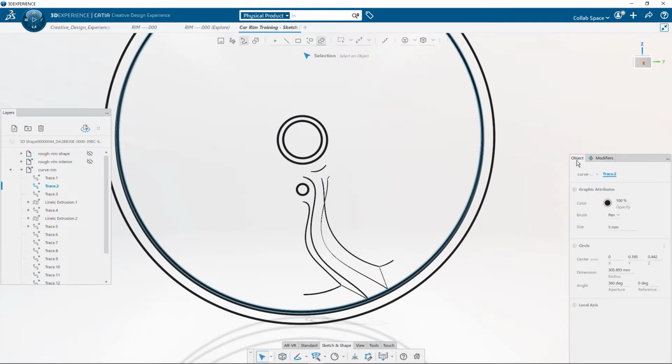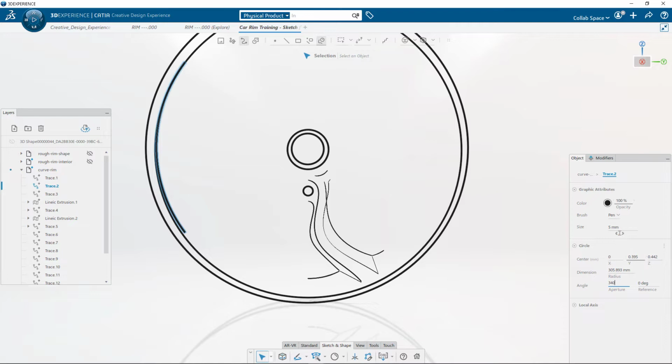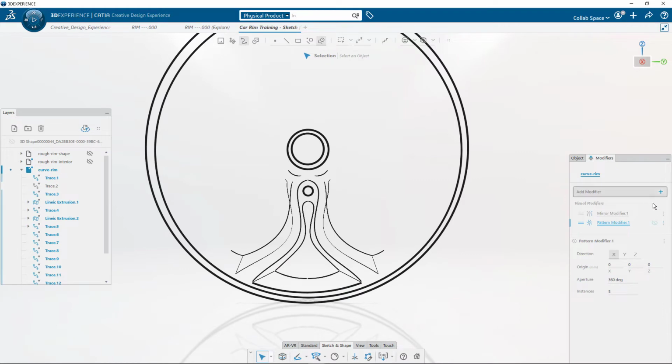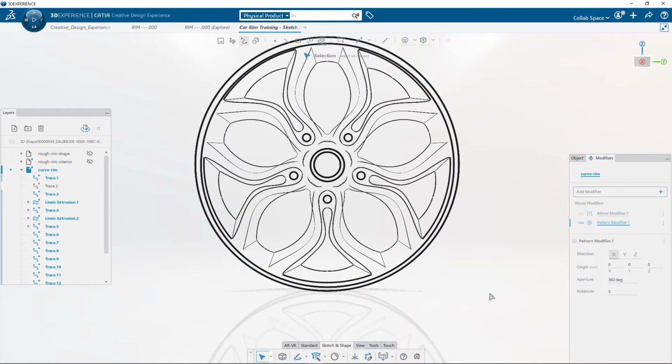To do that, I simply select the complete circle and I change the angle opening from 360 degrees to 340 degrees, for example. I also change the reference, which is the starting point of the arc, to get it closer to the rest of the curve network. To do that, I use the slider in the Object Property panel and validate visually in the 3D view the new position. I validate also by showing again the visual modifiers and check the repetition.